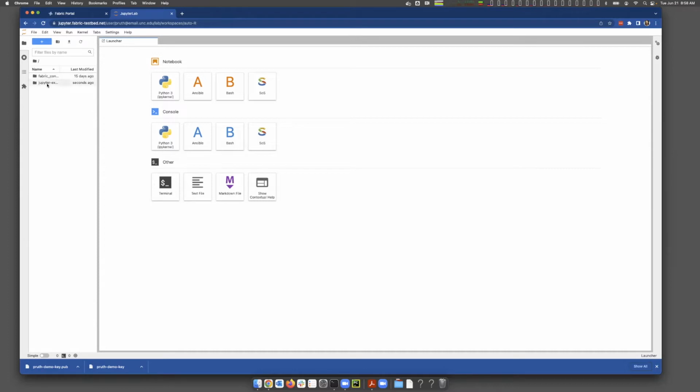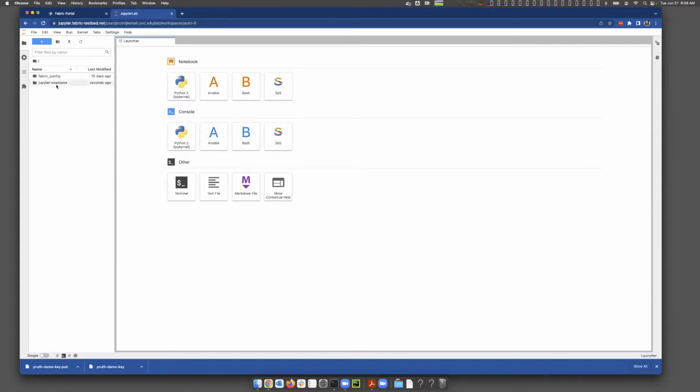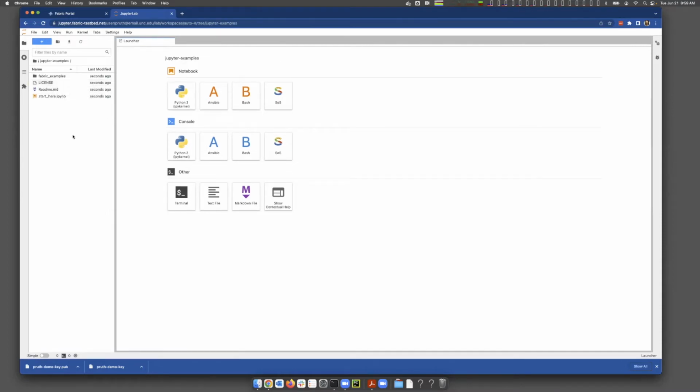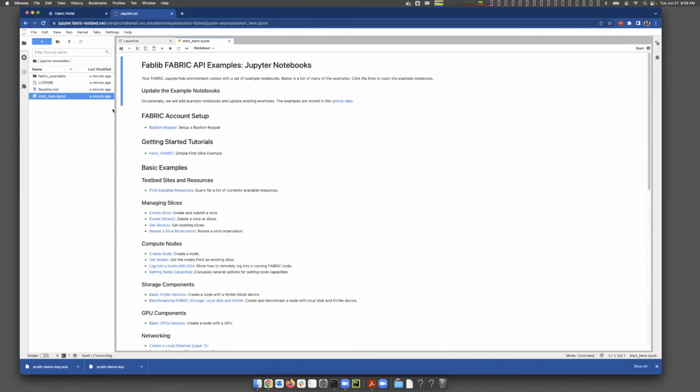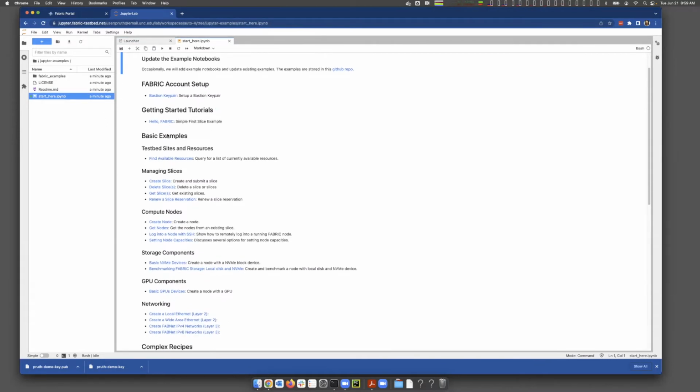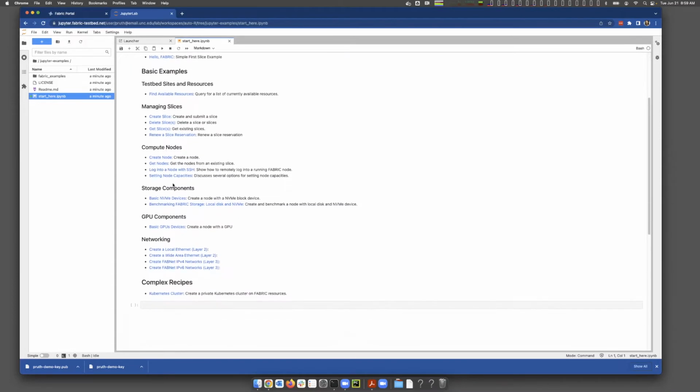You will also notice a couple of folders here built into your file manager on the side. The Jupyter examples folder is what we will go through today, and I'll show you a little bit about how to use it. If you go ahead and click on the Jupyter examples folder, you will see a folder full of Jupyter notebooks that will help walk you through getting started with Fabric. If you click on the Start Here notebook, it is an index of a bunch of tutorials and examples for you to use